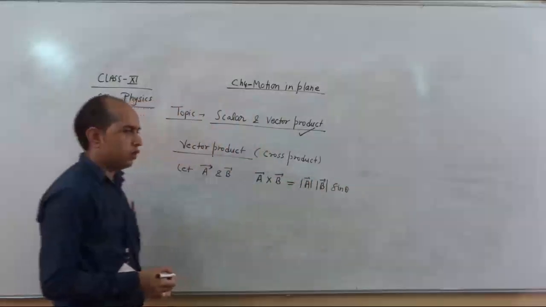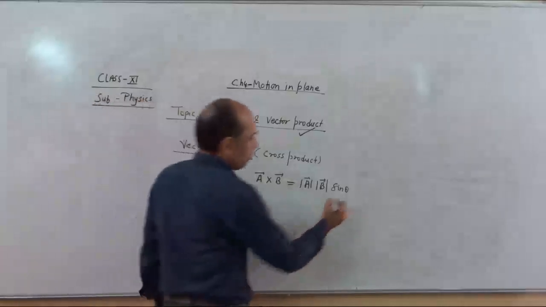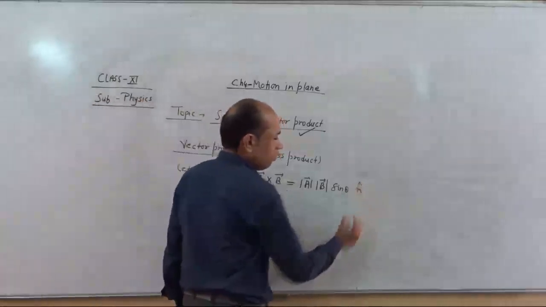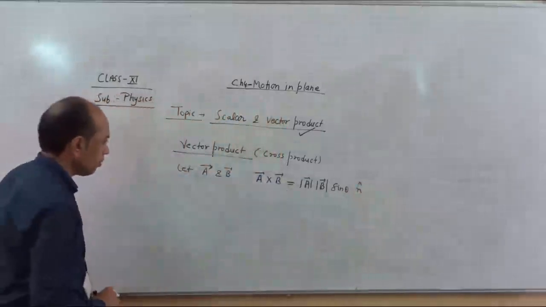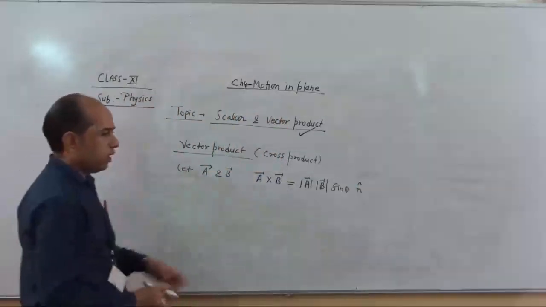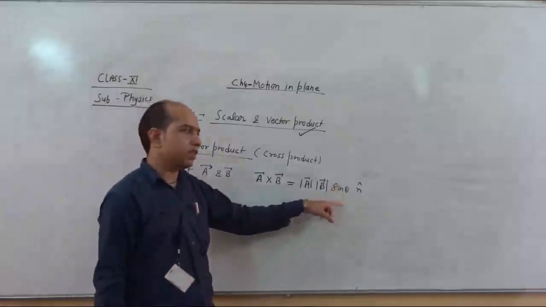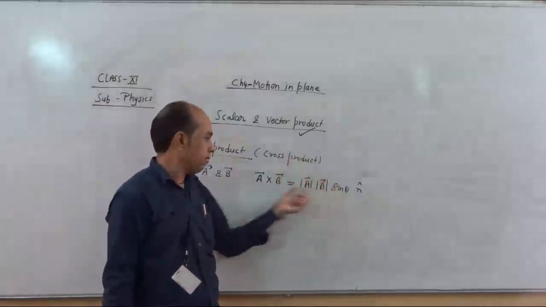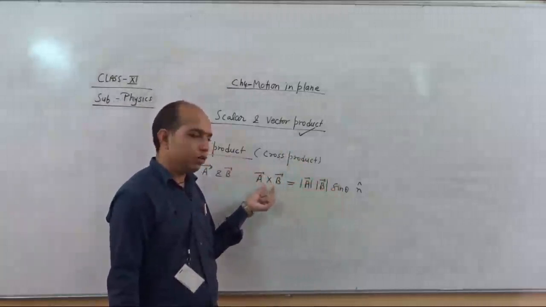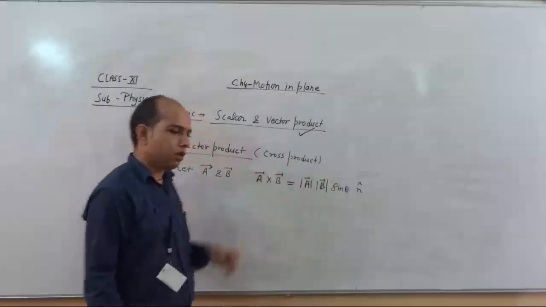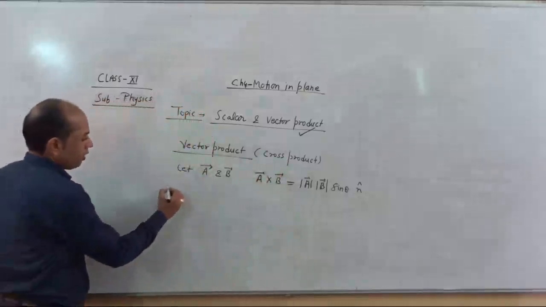So this is the difference here, and because it is a vector, we also mention the direction, which is given by n cap. N cap is a unit vector. So there are only two differences. First, in the angle part, previously we took cos, now sine. Second, in representation: in dot product we use the dot, and here we use the cross. Now again we come to the properties.